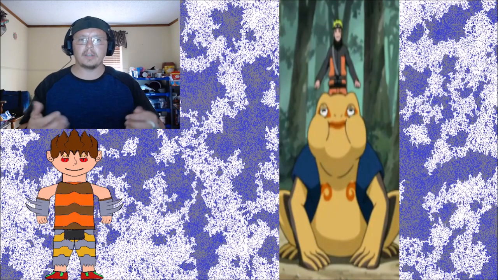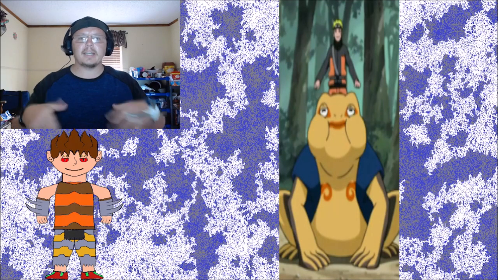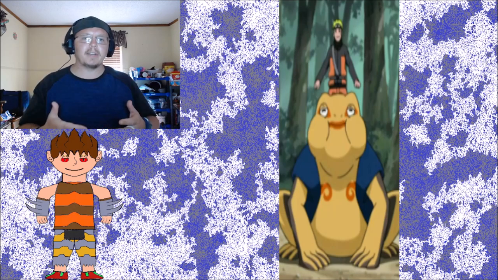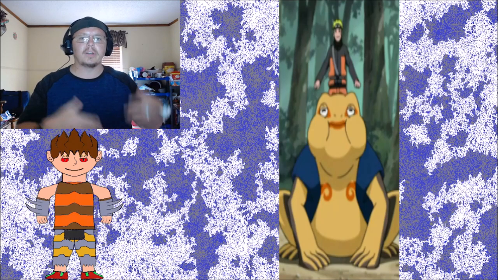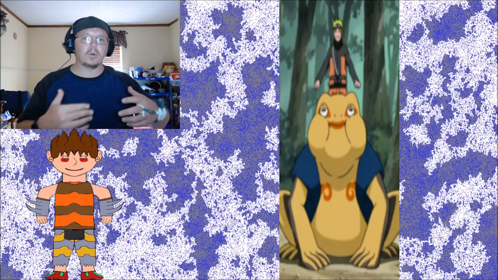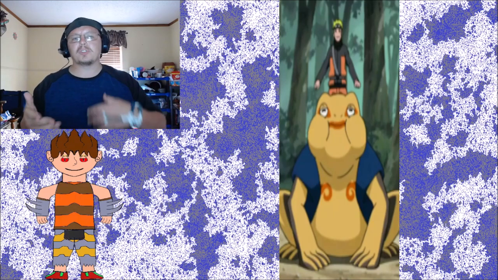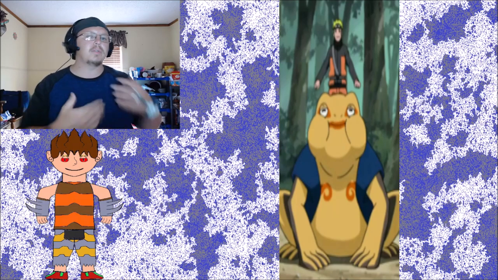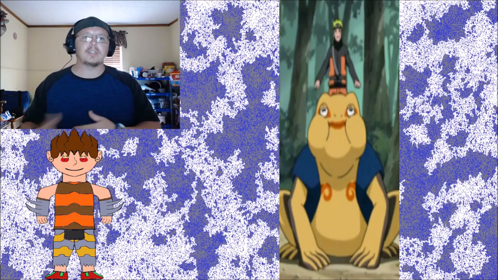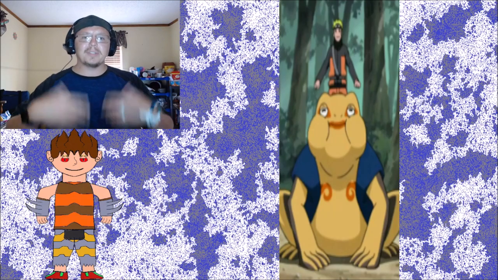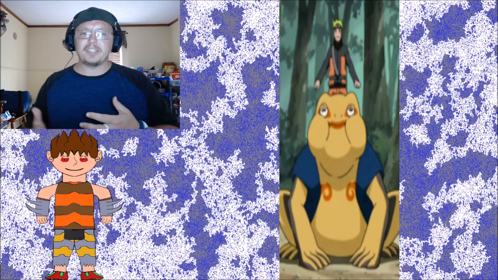wind release toad gun. He can even take this technique a step further and combine it with a fire style jutsu and having the toad using the toad gun drink toad oil to make the wind release toad oil flame bullet. And he can perform this jutsu in reverse, literally called the reverse summoning jutsu, to summon himself or a clone to a specific location like Mount Myoboku, which will actually lead us very nicely into Sage mode and his